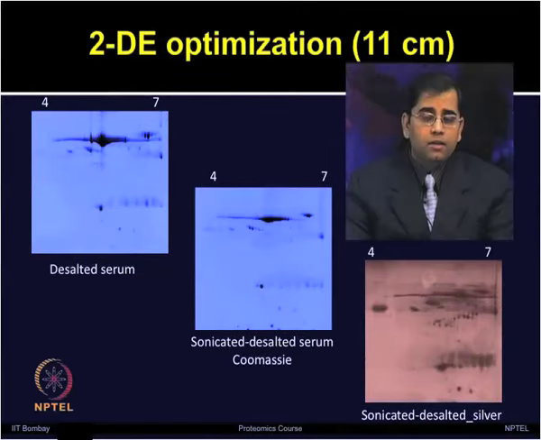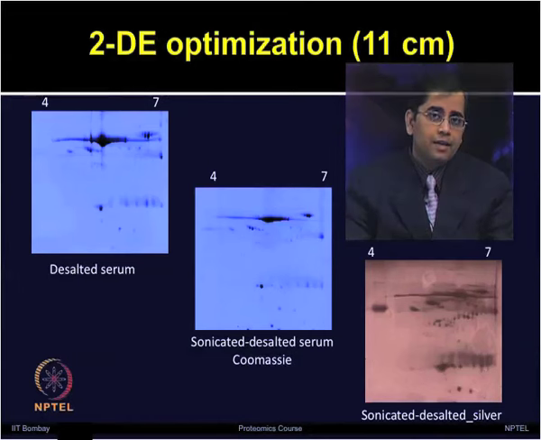We tried the same with an even larger strip, 11 centimeter, and it was again quite convincing. Then we moved on to the very large strips, 24 centimeter, for the clinical studies. In general we took 40 microliter of the serum, which was precipitated with 4 volumes of ice cold acetone containing 10% TCA, incubated at minus 20 degrees, centrifuged, followed by adding 1 ml of ice cold acetone to wash the precipitate.